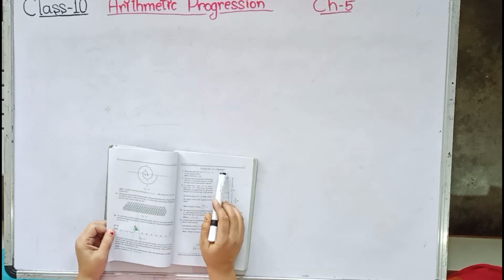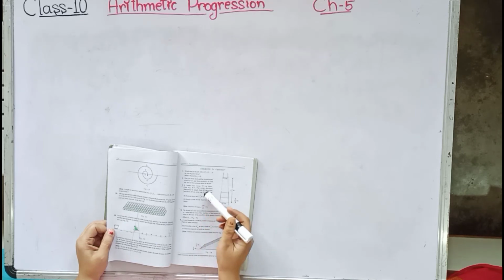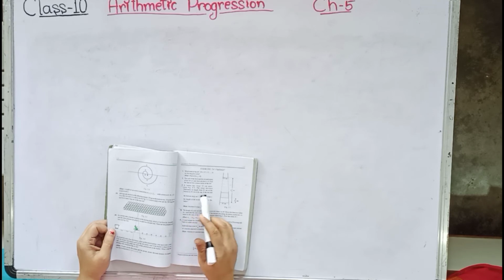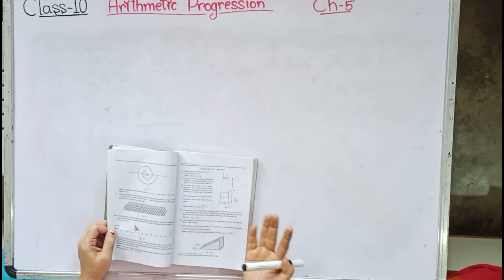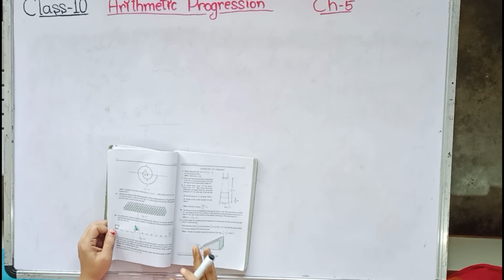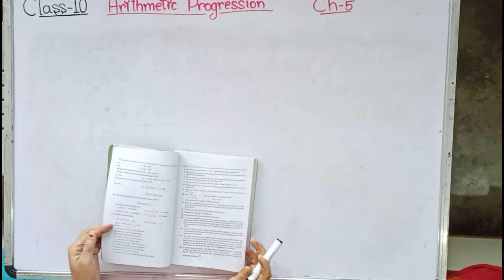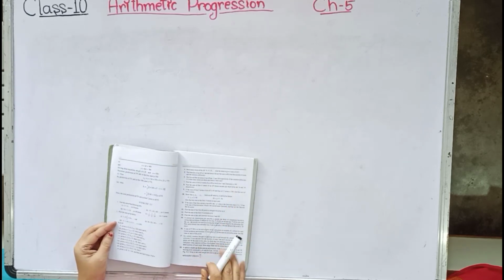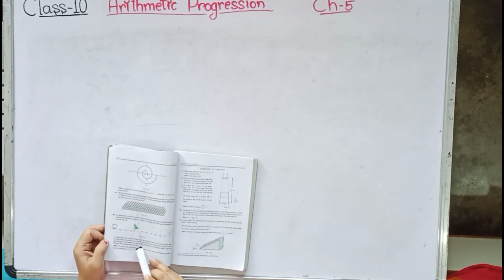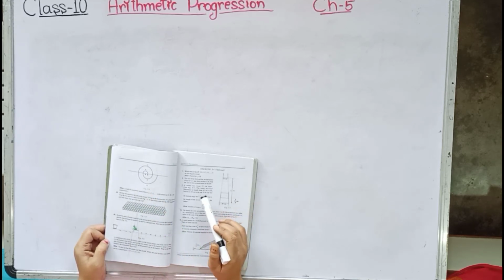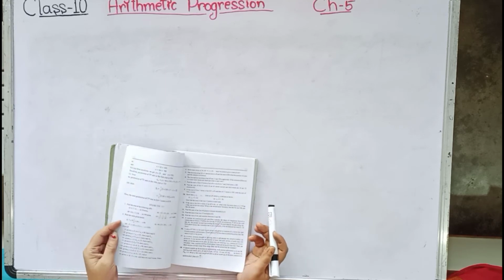Now next, exercise 5.4, that is optional. From there also very important questions are there, which we used to explain to the students very nicely. So question number 3, 4 and 5 you can leave, because these are again word problems based on sum of n terms of an AP. So you can cancel page 113 question number 15 to 18, page 114 question number 19, 20 and page 115 question number 3, 4 and 5.